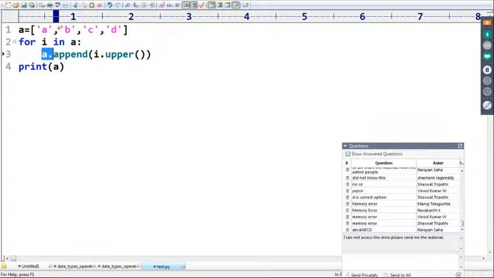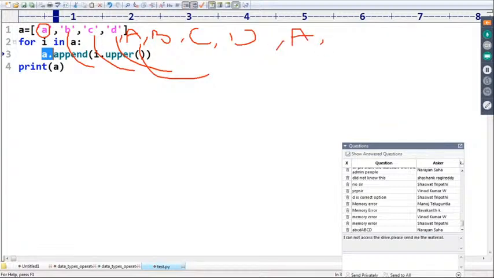First I am taking a. Convert into uppercase and add again to the same list. Now A is going to come. Next b, now B is going to come. Next c, now C comes. Next d, now D comes. Next a, converting, A comes. Next b. Sir, this cycle is never going to end. Keep